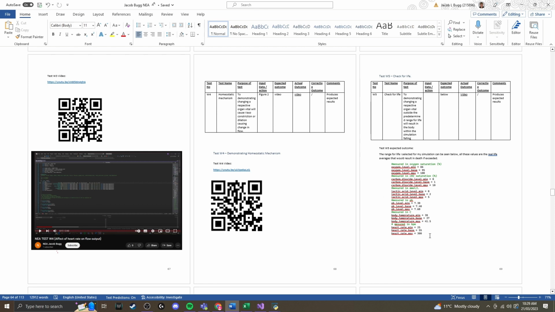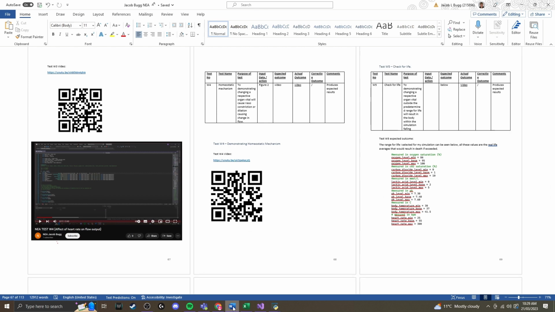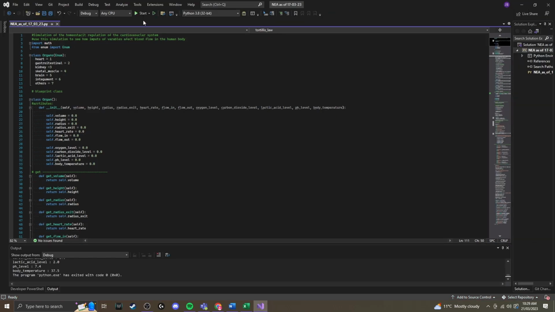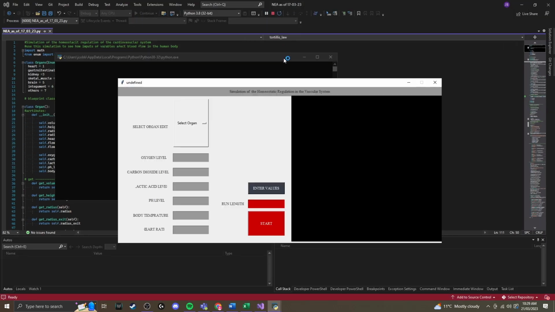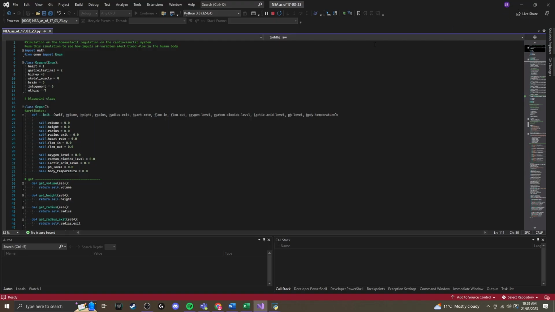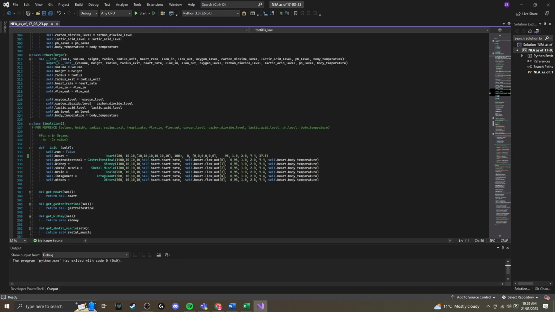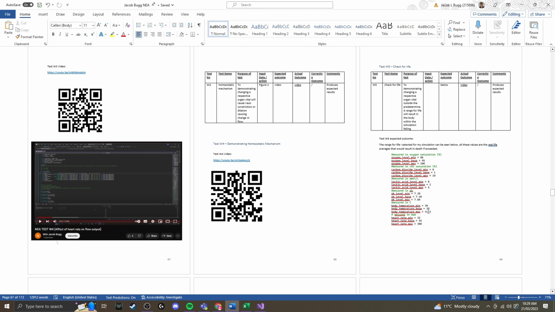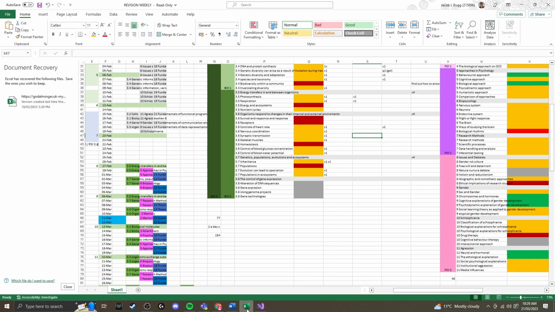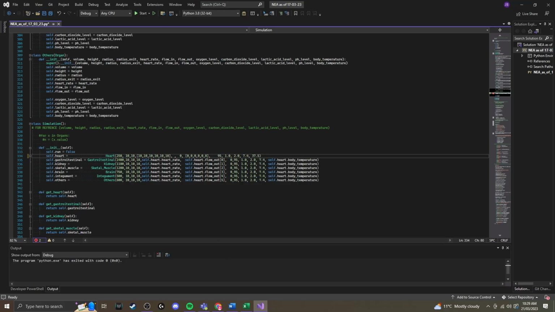The minimum and maximum values are here. Test W5, and let's begin. So let's start by going down. And first we can see that the minimum heart rate is 25. So if we were to go in and change the heart rate to 25,